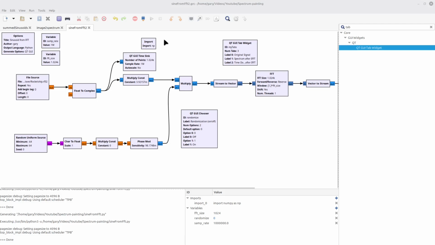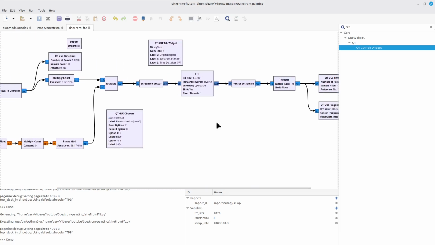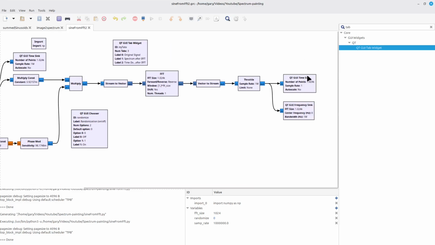I've created this basic flow graph that takes the one line from the rocket ship image, that line 250, and passes it through a reverse FFT. That's what this block here is doing: it's taking the information coming in and saying, okay, this is frequency domain data, I am now going to turn it into time domain data. And then it's going to show us what it looks like in both the time domain and the frequency domain.